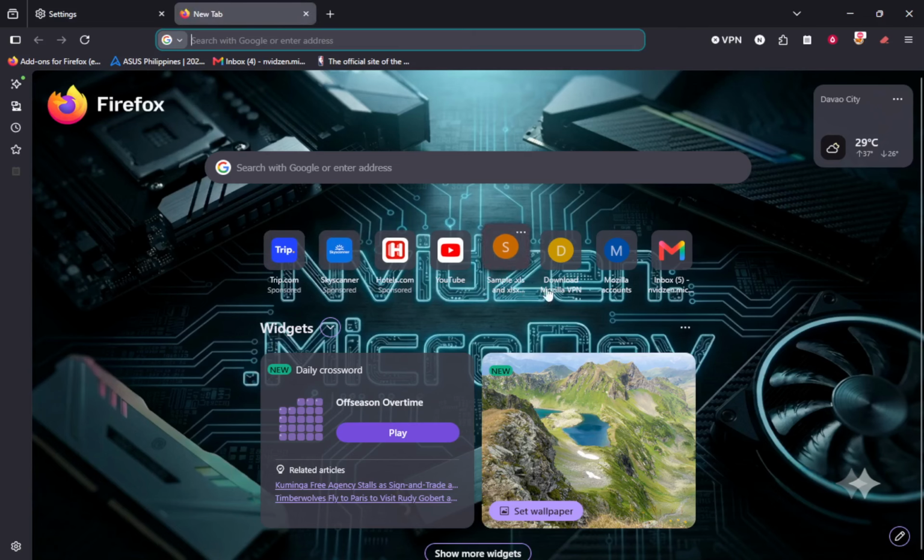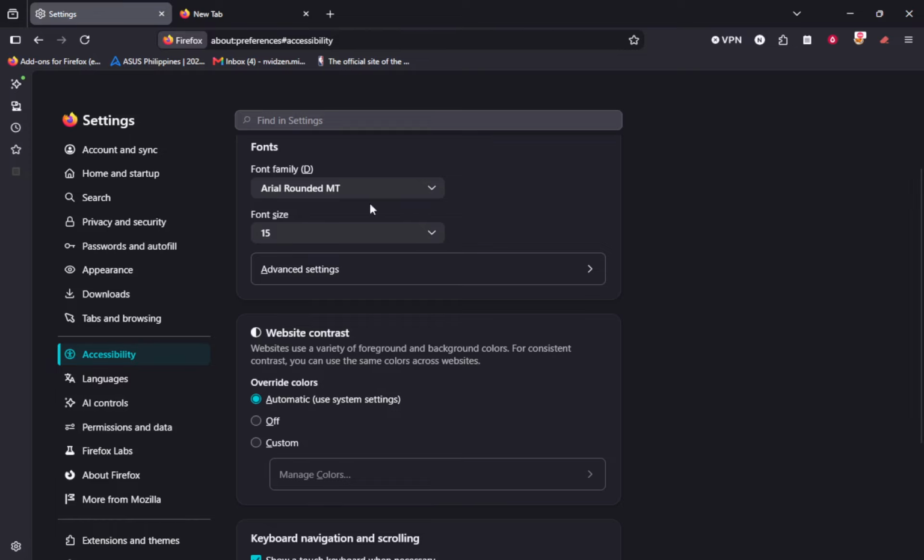After confirming that checkbox, click the OK button at the bottom of the advanced window. The window will close, and you will return to the main Settings tab. Your change takes effect right away, so any new page you open will now let the website pick its own font automatically. Sometimes, though, you may want to do the opposite and force Firefox to use only your chosen font.